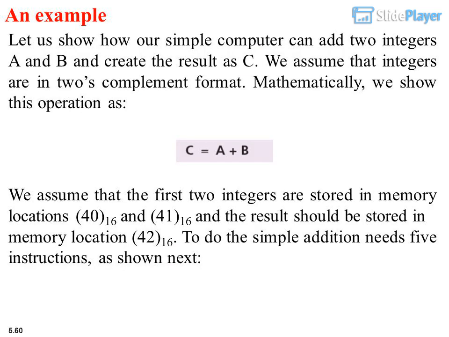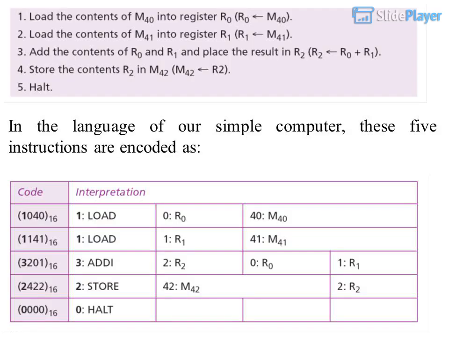An example. Let us show how our simple computer can add two integers a and b and create the result of c. We assume that integers are in 2's complement format. Mathematically, we show this operation as c = a + b. We assume that the first two integers are stored in memory locations 40₁₆ and 41₁₆, and the result should be stored in memory location 42₁₆. To do the simple addition needs 5 instructions, as shown next. In the language of our simple computer, these 5 instructions are encoded as: